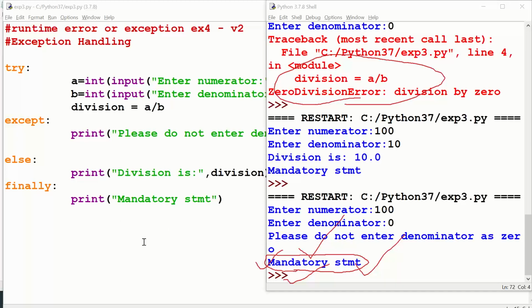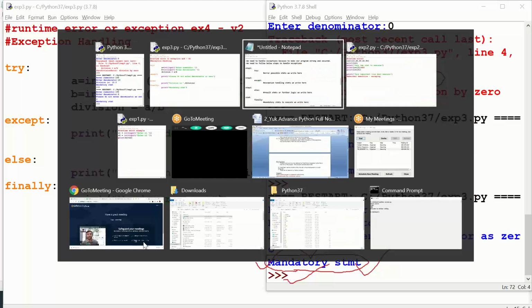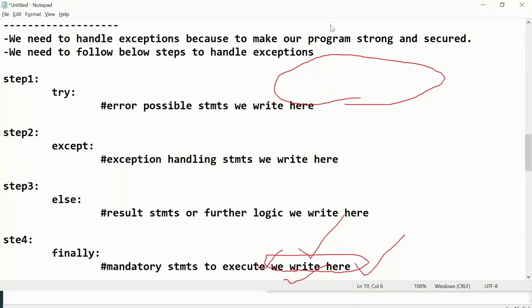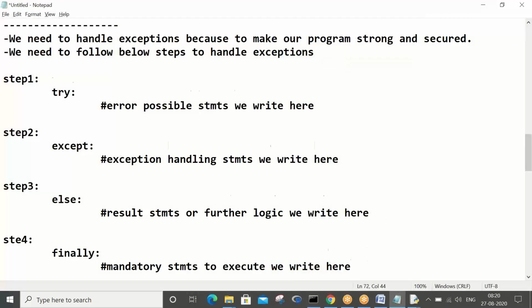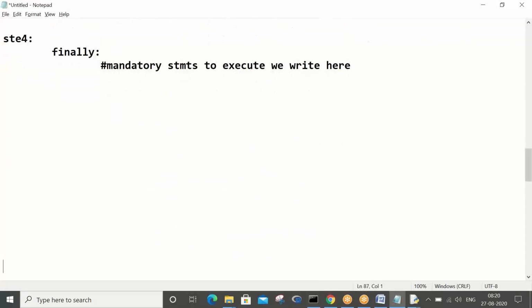Okay. So let me show something else. See, this is the syntax I mentioned, right? So how is it actually happening? Tell me, interpret this exception handling. First the try block.